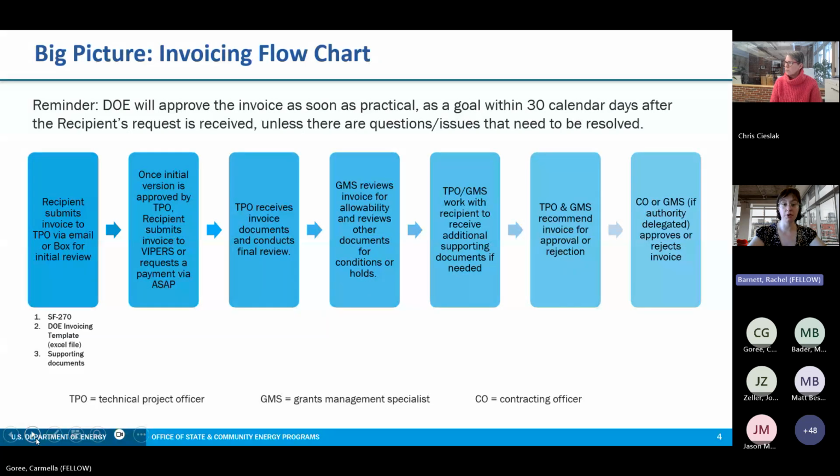Once the documents are uploaded into Vipers, the DOE team will review and ensure compliance with DOE's regulations. DOE will then approve the invoice as soon as possible with a goal of 30 calendar days after the request is submitted. One caveat is that if there are any issues found in the invoice submission, it may take longer than 30 days for processing. Next slide, please.